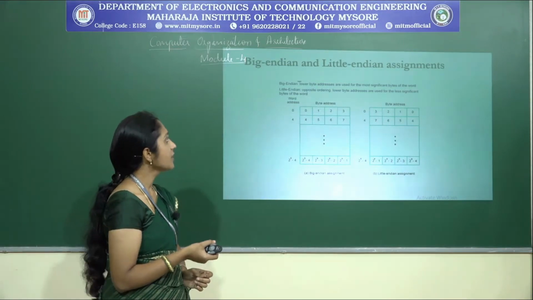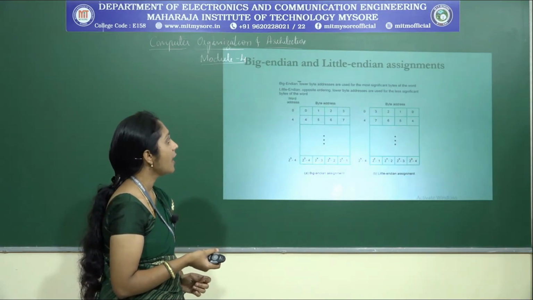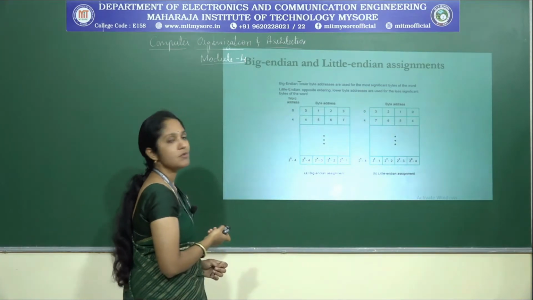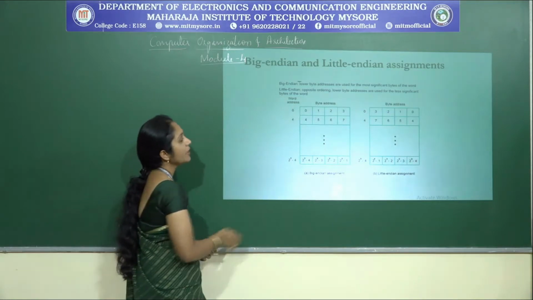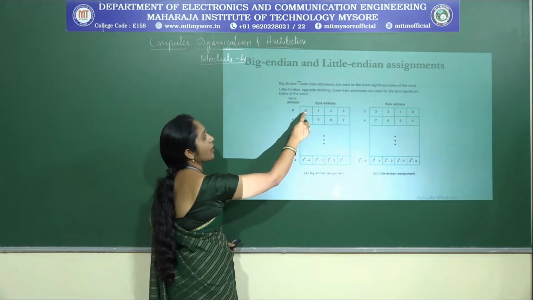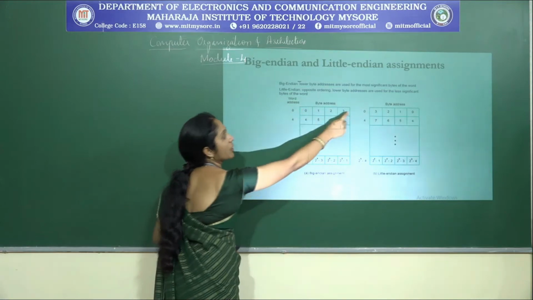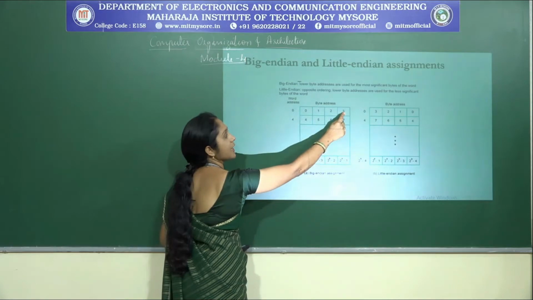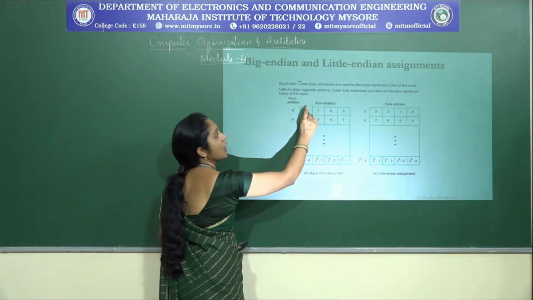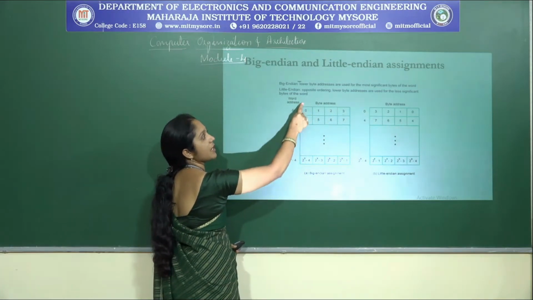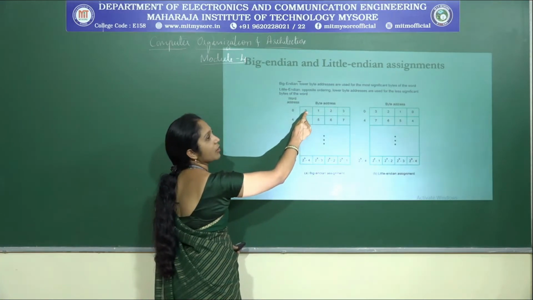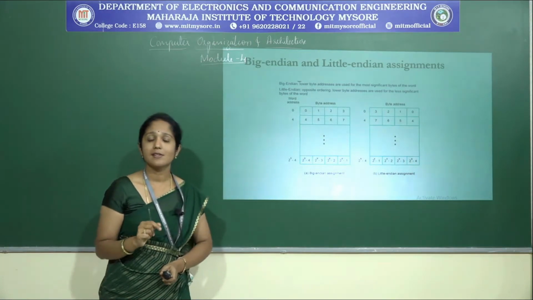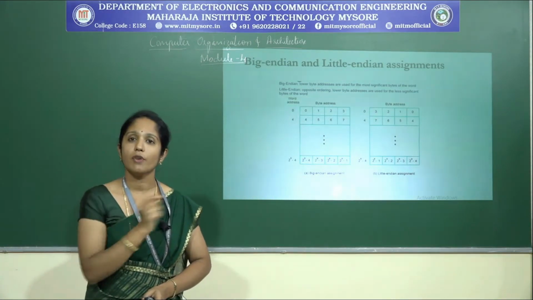So big endian is nothing but lower byte addresses are used for the most significant bytes of the words. If you observe the big endian assignment, see here, the MSB of the word. If you consider this as the word, you can observe this is the MSB and this is the LSB of the word. In this case, the lower byte is used for representing the most significant byte of the word. Then we say it is a big endian assignment,